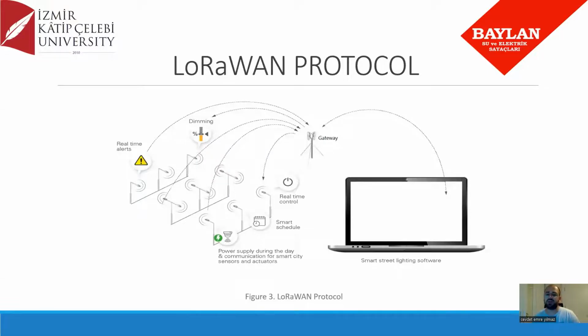In the designed system, a long-range wide area network infrastructure was used for data transfer to the server and for the process reaching the processor from the server. The measured temperature and motion data, erroneous and non-defective information, and brightness information are transmitted by radio frequency to the LoRa gateway by the LoRaWAN device. The LoRa gateway has internet access. In this way, the data is transferred to the server. Radio LoRa broadcasts were made every 1 hour. It also informed the relevant institutions by broadcasting when the street light does not give light.